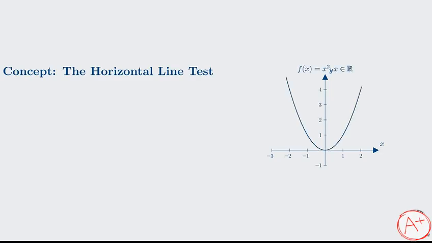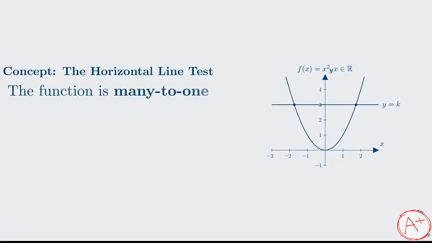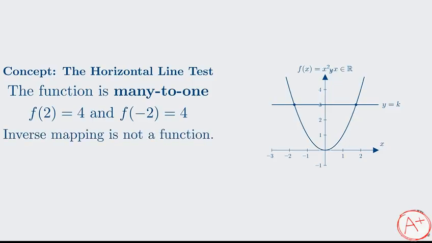To determine if an inverse exists graphically, we use the horizontal line test. Take the function f of x equals x squared. If we draw a horizontal line across the graph, notice how it intersects the curve at two distinct points. This tells us the function is many-to-one. For example, both 2 and -2 squared to give 4. Because the inverse would have to map 4 back to both 2 and -2, a unique inverse function cannot exist